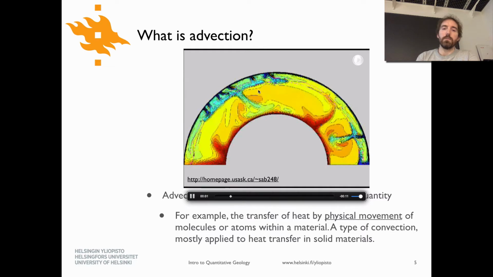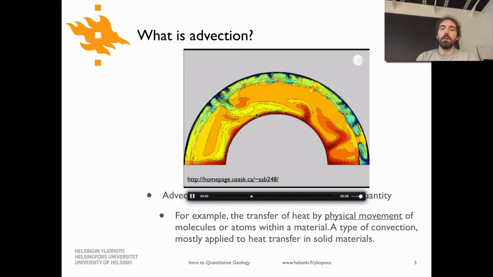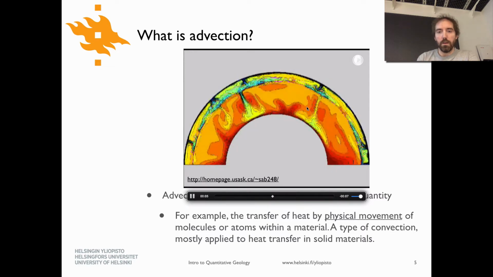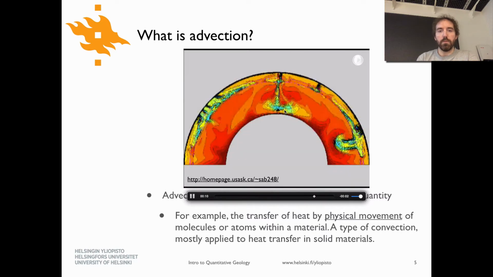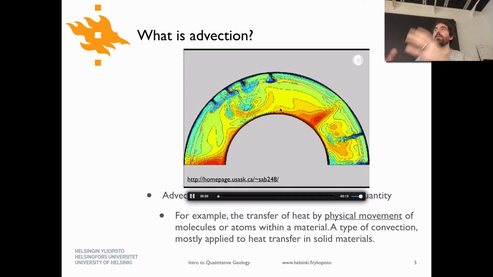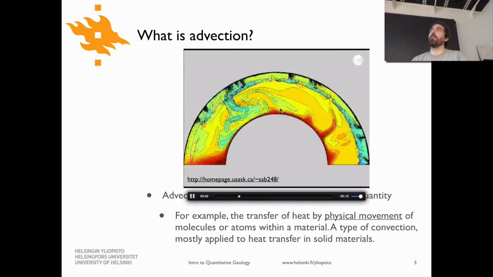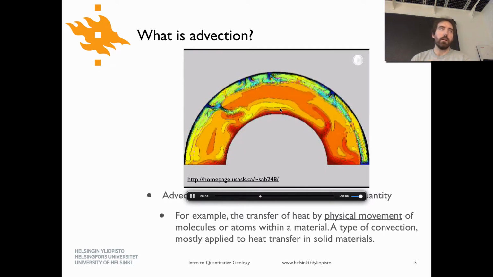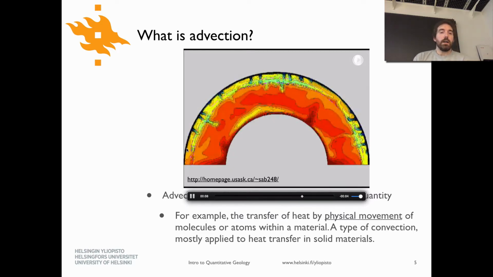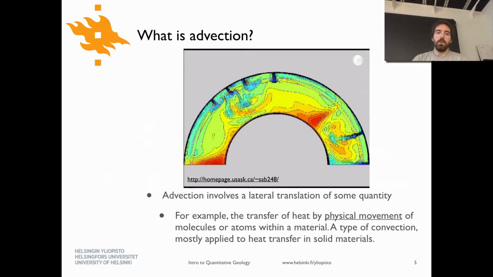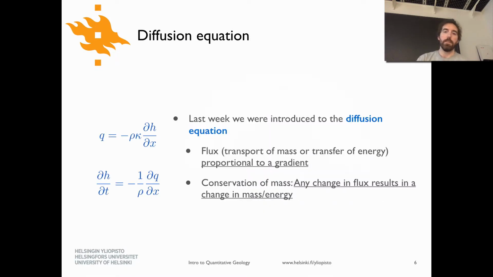You can see that in places where things sink down, and there's a good example over here, coming up, where this sinks down to the bottom, and then you see this blob gradually warm up as it stops moving and comes back to being the average temperature in the mantle. So that's the concept here. Last week was diffusion, and with advection, we're talking about a slightly different thing. Here, we're physically transporting some quantity. Mathematically, the two look